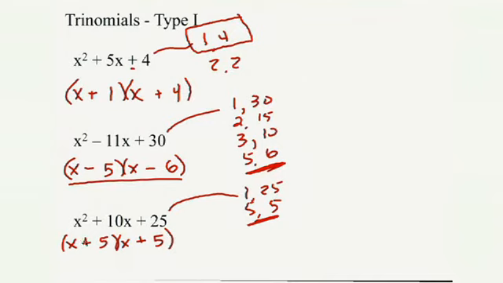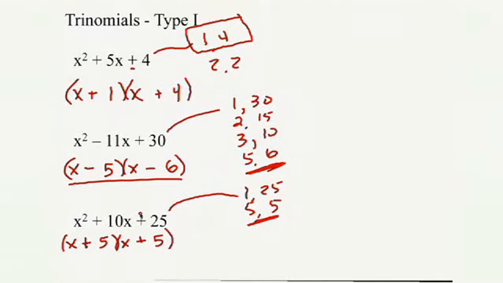Now, Bill, a lot of times that final answer is not appearing in a multiple choice test, is it? That's right. So in other words, if you're doing this problem longhand, if you write this as your final answer, your teachers will accept it. But if it was a multiple choice question, it probably wouldn't be written that way. Can you think about another way that they might write x plus 5 times x plus 5? Let's give you a little time to think about that. Well, hopefully, if you said x plus 5 quantity squared, then you were correct.